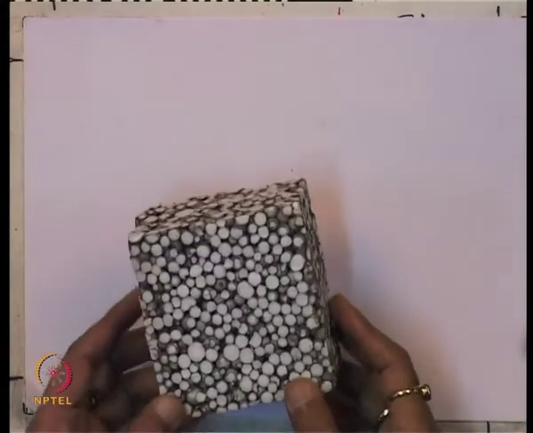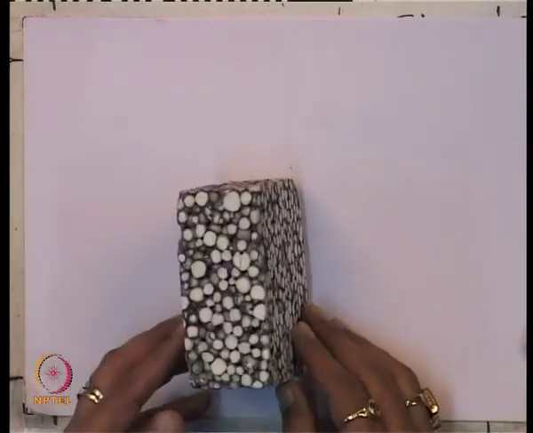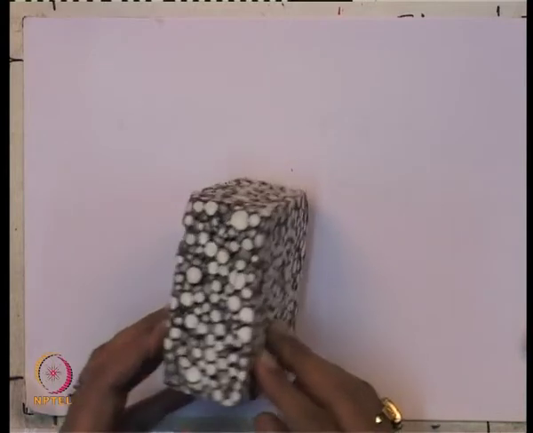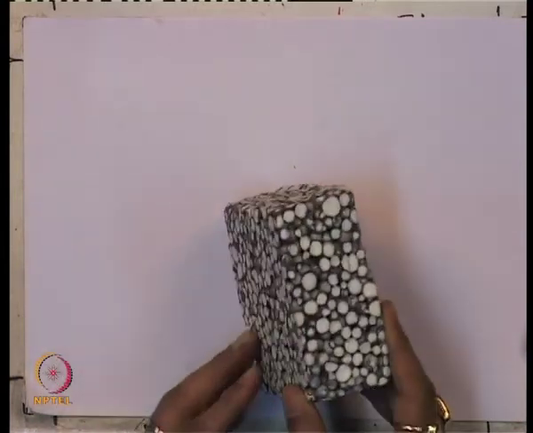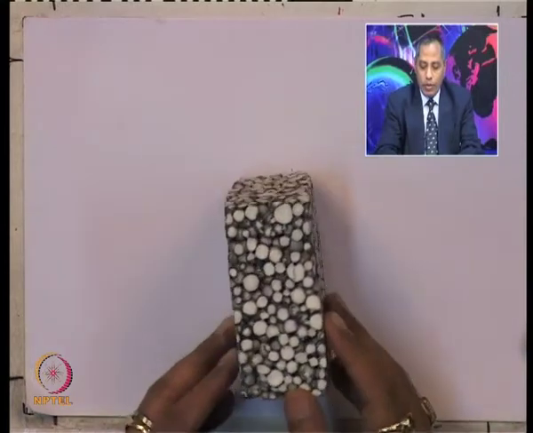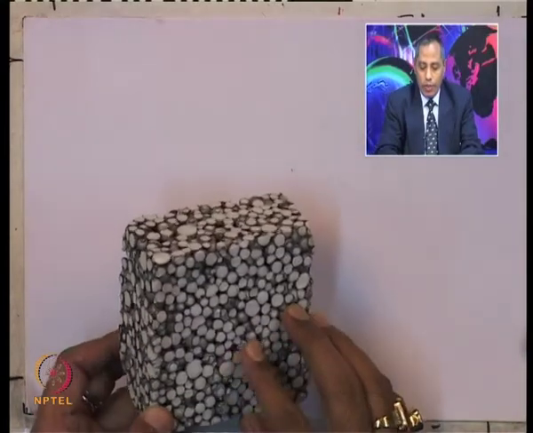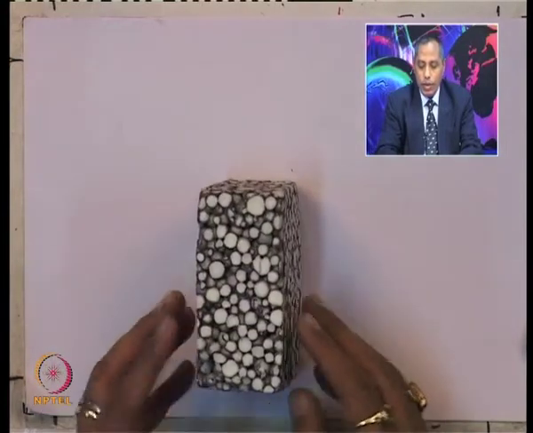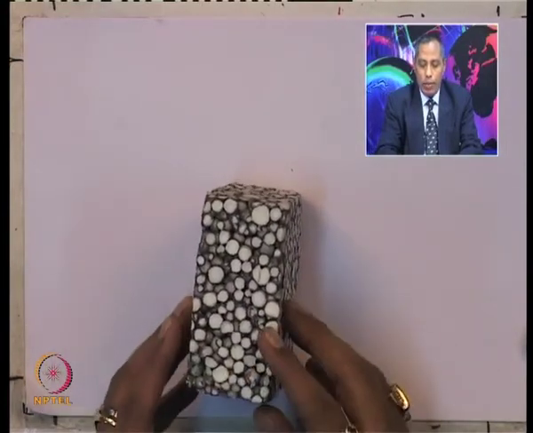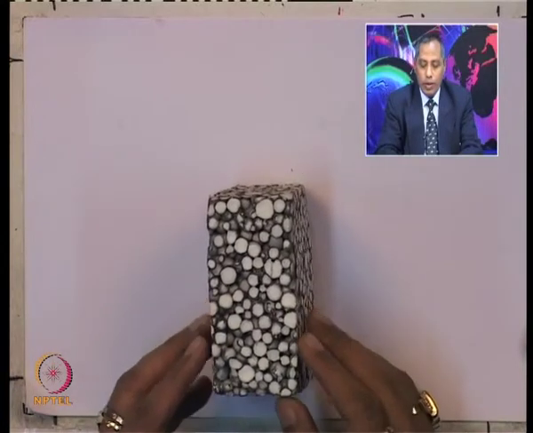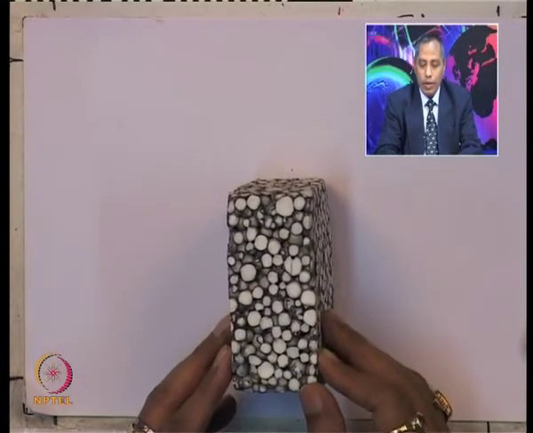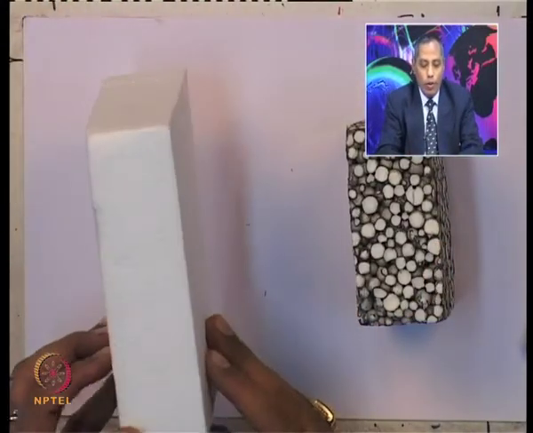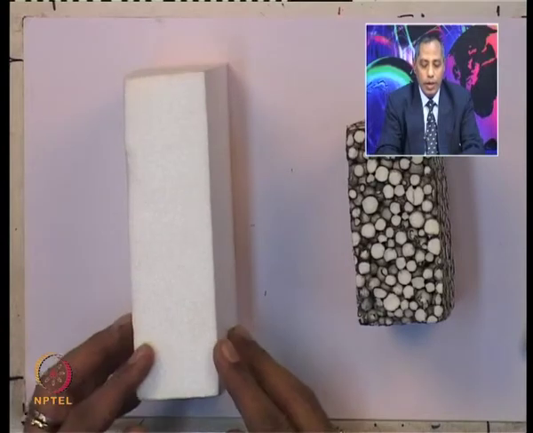So this is the geofoam beads, and from these beads this drainage material has been manufactured. You can see this is a number of balls and there is a pore size, so it is easy for water to percolate through this kind of geo drainage material, and this is the geofoam or expanded polystyrene material.